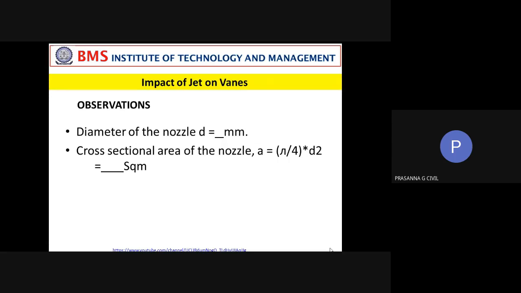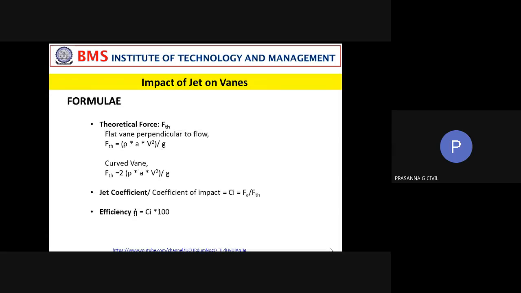So the observations that you will be requiring are measuring the diameter of the nozzle from where the jet of water is propagating, then the cross-sectional area of the nozzle. The formulae that you will be requiring are to compute the theoretical force exerted on the vane for the flat vane and the curved vane,